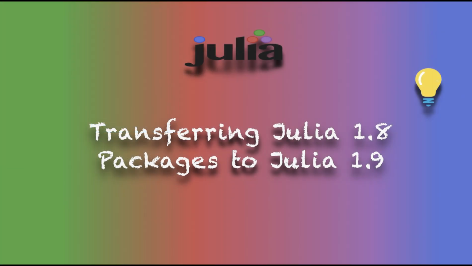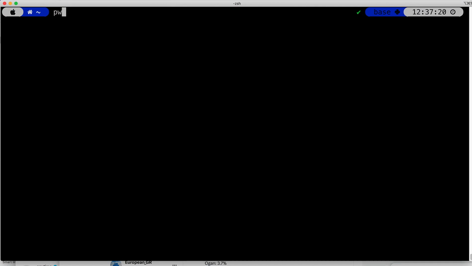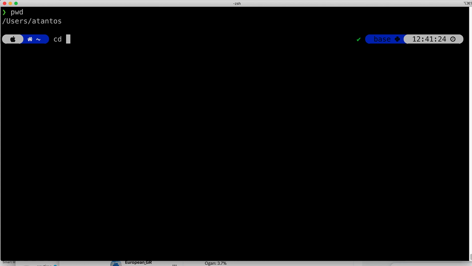But what if we want to transfer all packages from our default Julia 1.8 environment to the spanking new default environment of Julia 1.9? Fear not, we've got you covered. Let's take a quick tour of our